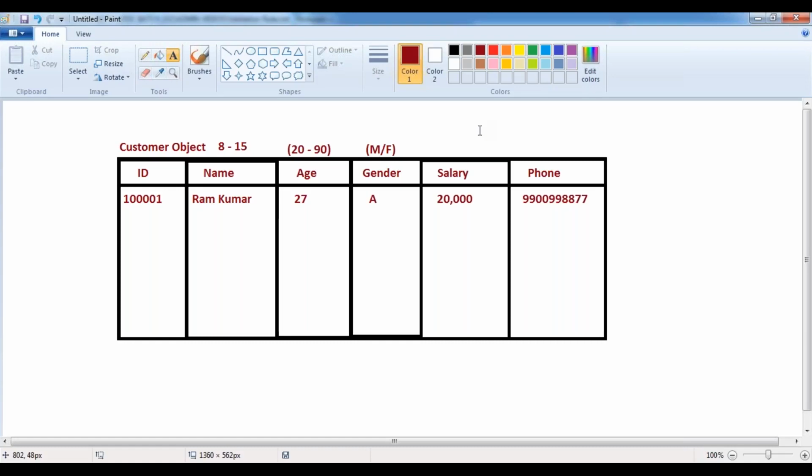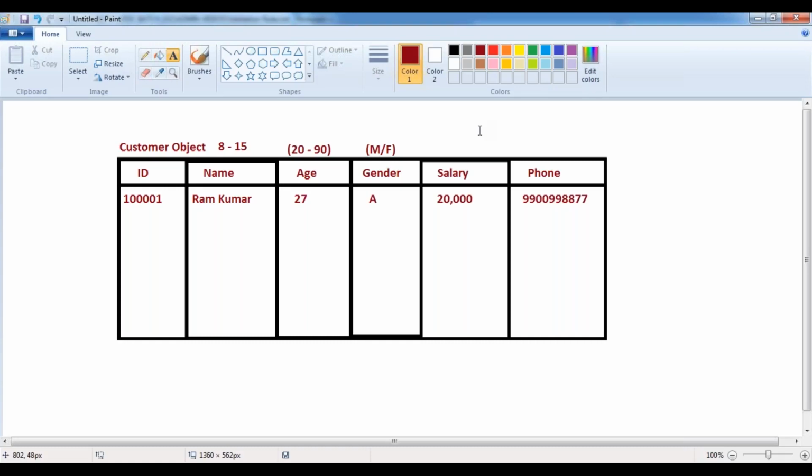Take a general scenario. I'm entering into a shopping mall. At the entry gate itself, there is a security person who is going to verify whether you have any unwanted items with you, like pistols, bombs, knives. If you have any of these unwanted items, they won't allow you into the shopping mall. If you don't, then they will allow you, so that you can enter and do your shopping. That means before entering the shopping mall, they do that verification.